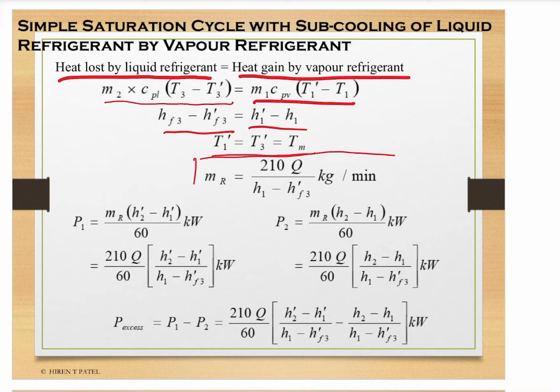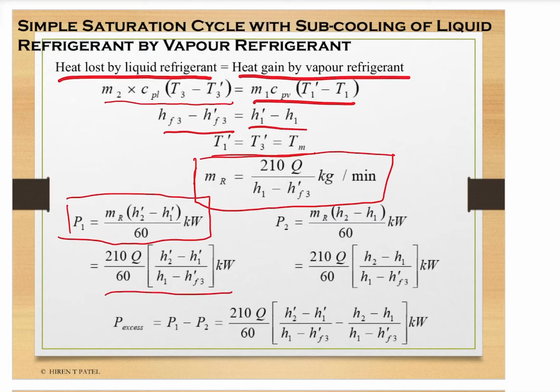So from that, the mass of refrigerant that is required for the cooling is 210 Q divided by H1 minus HF3 dash kg per minute. So the power required to drive the compressor, that is P1, is equal to Mr (H2 dash minus H1 dash) by 60 kilowatt, that is equal to 210 Q by 60 into (H2 dash minus H1 dash) divided by (H1 minus HF3 dash) kilowatt,